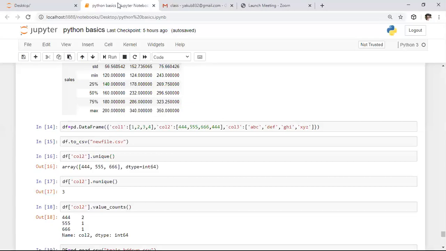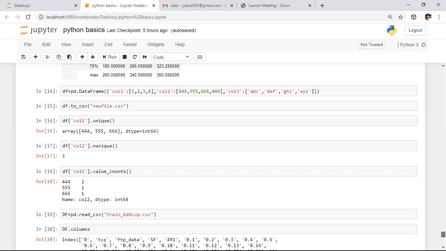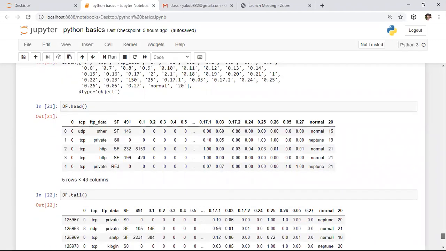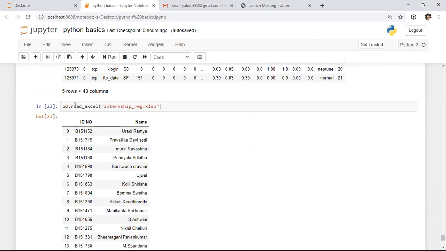CSV file or Excel file. So to read the data from the CSV file, we need to use df = pd.read_csv. Whereas if you want to read the data which is present in an Excel sheet, here we have one more way, that is pd.read_excel. So whenever you want to read the Excel file, it is the command you need to use.